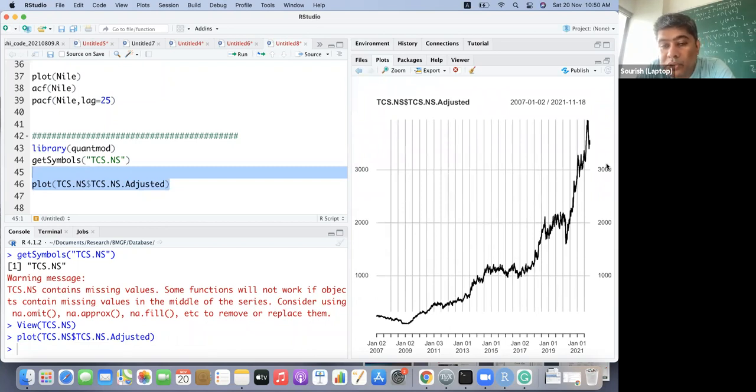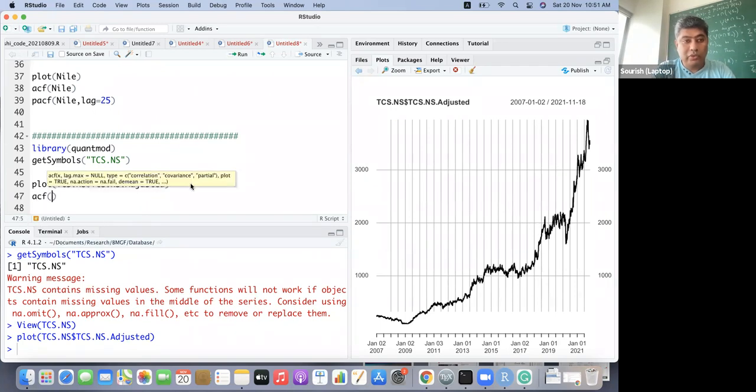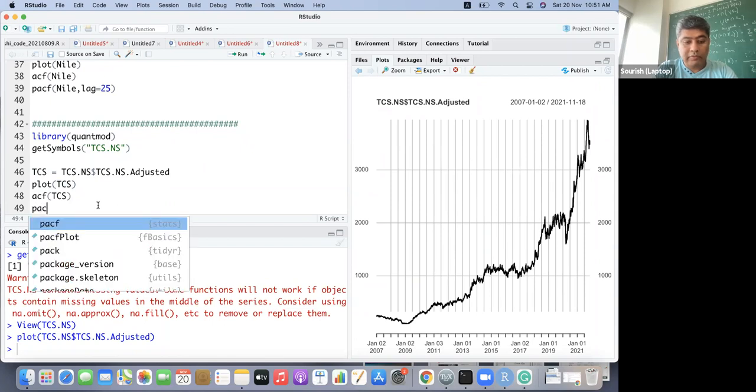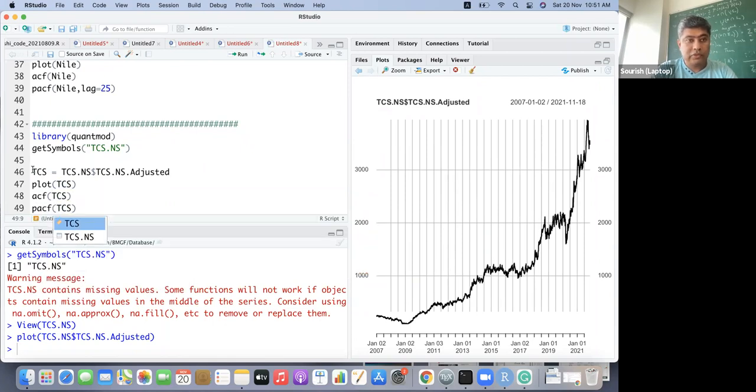Okay. So how can we say whether we can predict this kind of data set? Now, naturally, as we have already seen, why not just go ahead and put the ACF plot. Let me just put the ACF.